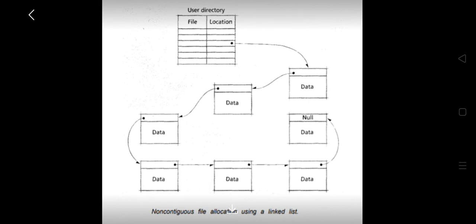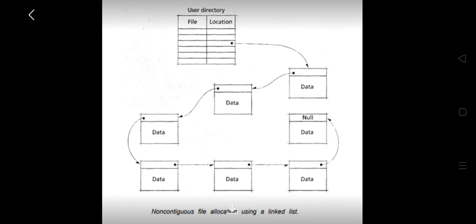In this scheme, instead of allocating individual sectors, blocks of contiguous sectors are allocated. I again repeat, blocks of contiguous sectors. So a block is made up of many contiguous sectors. The system tries to allocate new blocks to a file by choosing free blocks as close as possible to the existing file data blocks. Each access to the file involves determining the appropriate block and sector within that block. Now on the screen you can see an example of a block chaining technique.